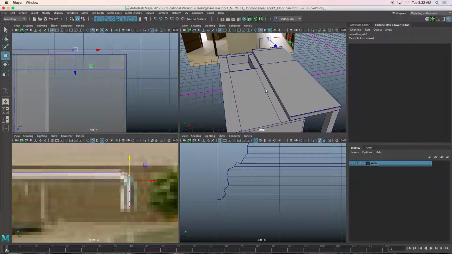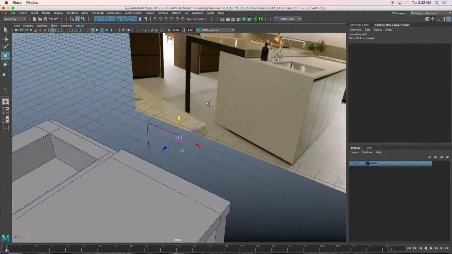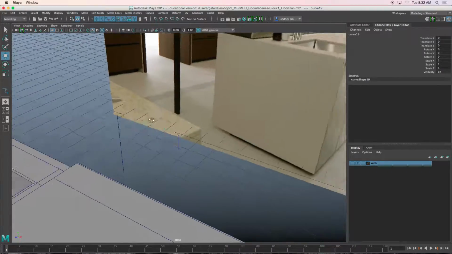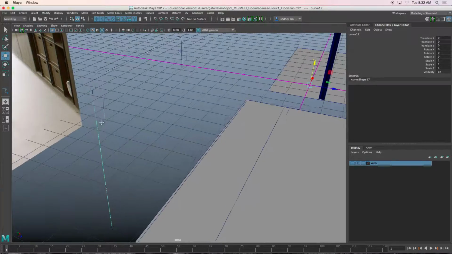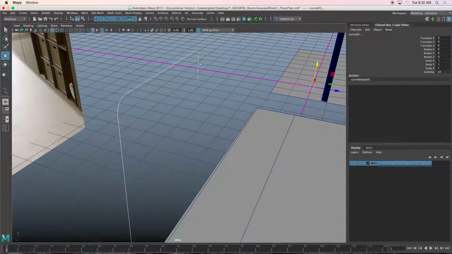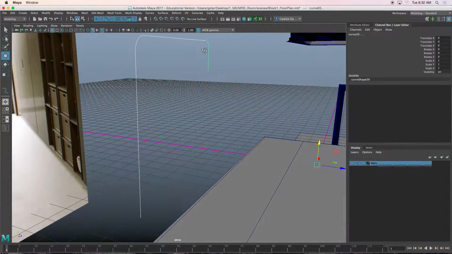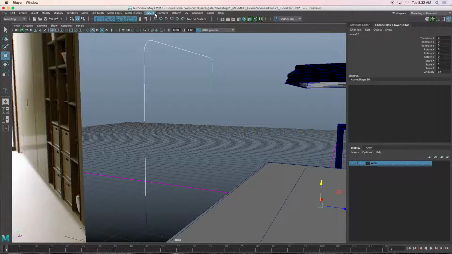I'll press the Return key, and I'm going to right mouse click and hold on that curve just to change the shape of it. Select these vertices, like control points, and scale them flat. Alright, so now that I have this curve shape, I want to connect these curves. So I'll select this curve, I'll hold Shift, and select all of the curves. I'll go to Curves,